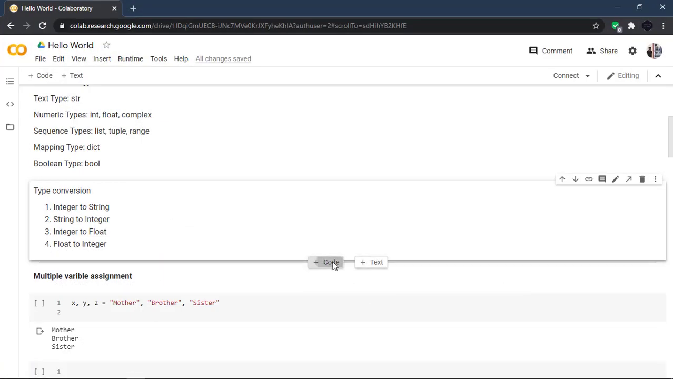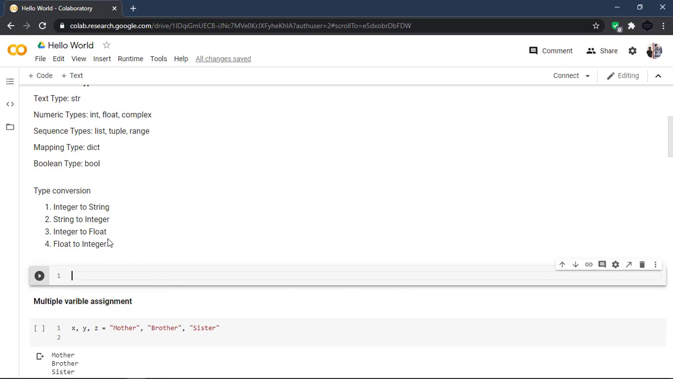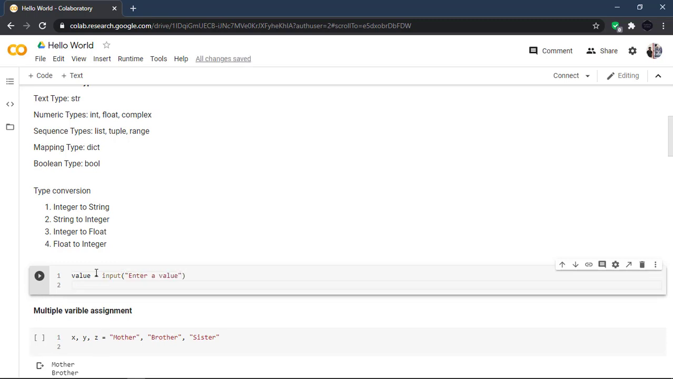Let me make a code cell, and here now let us learn about these 4 types of type conversion that we are seeing here: integer to string, then string to integer, integer to float, and float to integer. First of all, let us take a variable called value, and we will take the input inside of this variable. Let us say enter a value, then we will check the type of that variable to make sure that the type conversion is working correctly. So let us print the type,